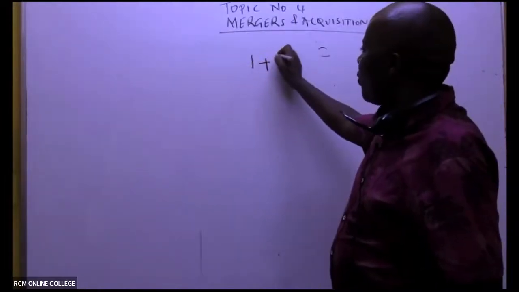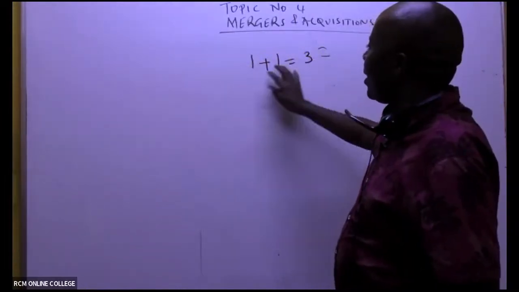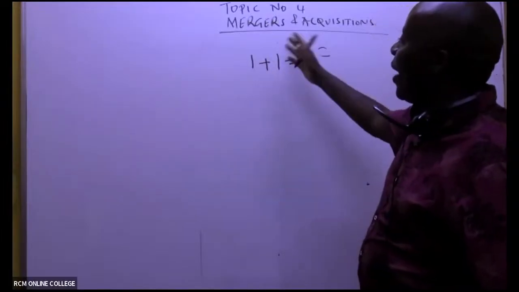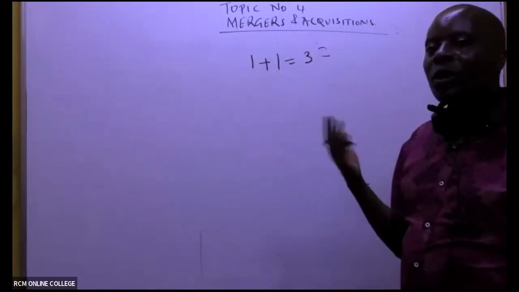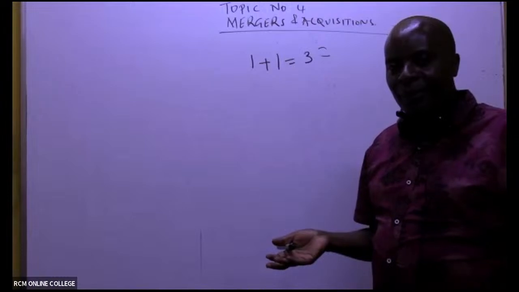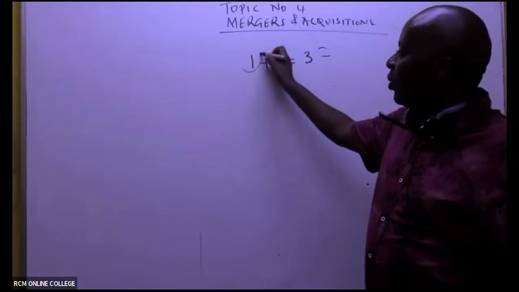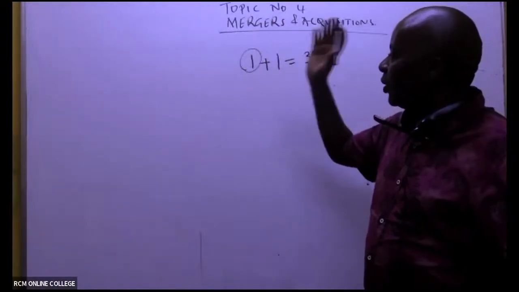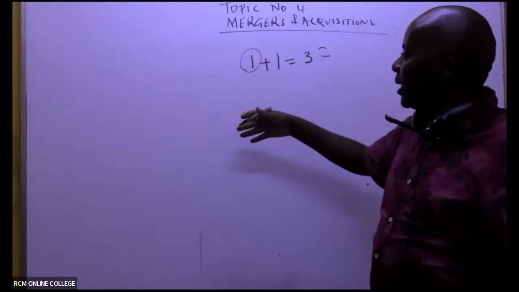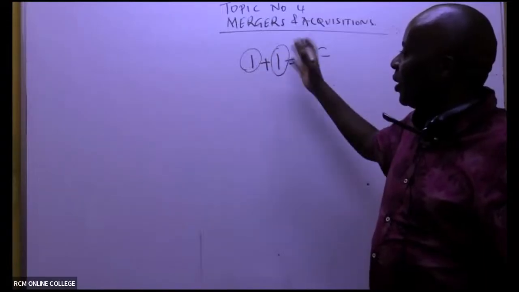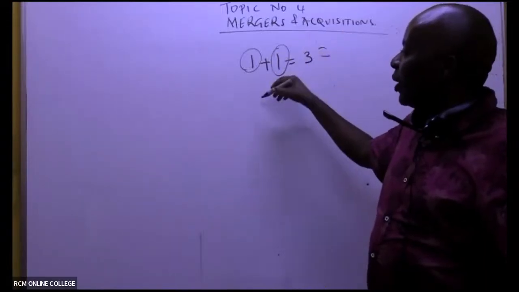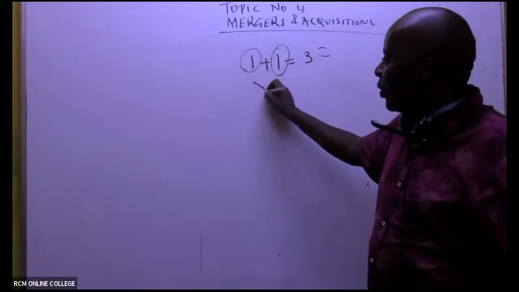1 + 1 = 3. That 2 combined will always provide more than what is expected. When you join hands, in this case, this gentleman has been cooking on their own. Akona kastove kake, gas yake, mambo mengi sana. The girl on the other side as well. When they come together, they'll be able to have one cooking system.